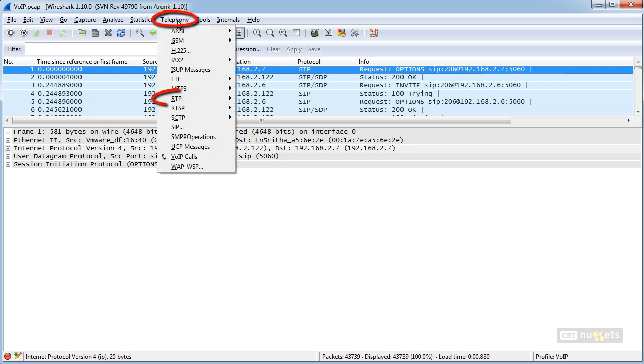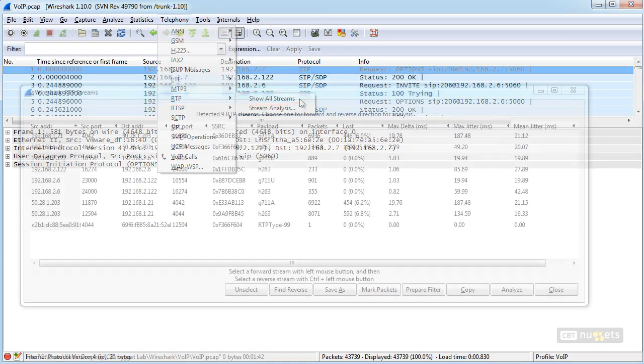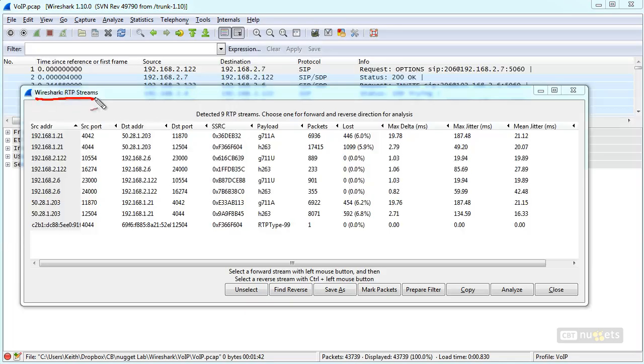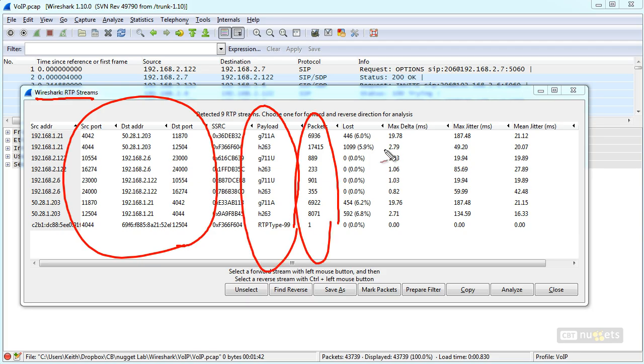And from this drop-down menu, going to RTP and simply saying, I want to see all of the RTP streams, the real-time transport protocol. This will open up a brand new window. So in this new window for RTP streams, this is pretty amazing. It has the addresses and ports involved right over here, the type of payload, the packets involved, the lost,